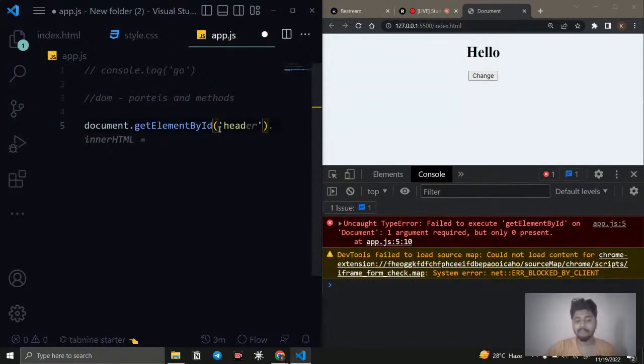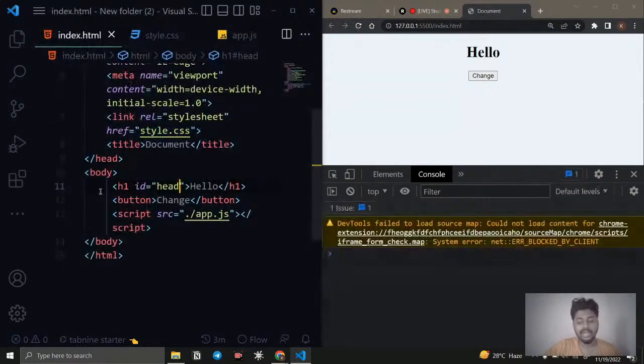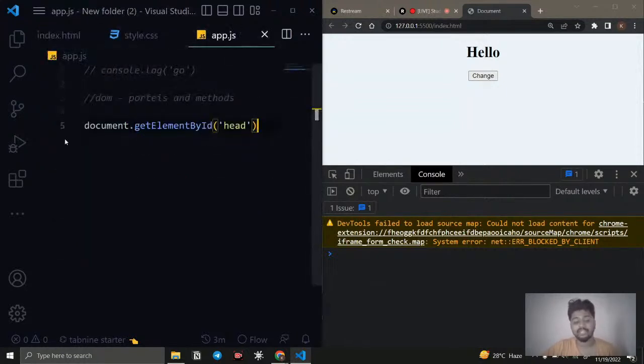Now this code is going to grab the element. Right now I'm not explaining the things, I'm just writing the code. The explanation will be shared in another workshop that we are going to take particularly for JavaScript. Right now it's just an intro. So first we are grabbing it, and we need to check whether it is successfully grabbed or not.